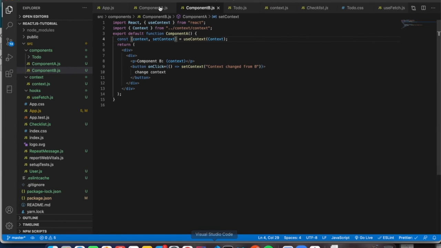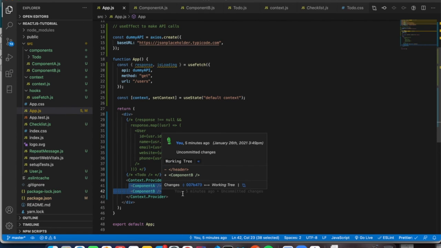This is how you use the context and change the context across the application. This is useful when you have nested components and you don't want to drill the props down to the innermost level of a component. This is one of the use cases, but there are multiple use cases and scenarios where we can use it. Keep in mind, whenever the context values change, all the child components inside that particular provider will re-render.